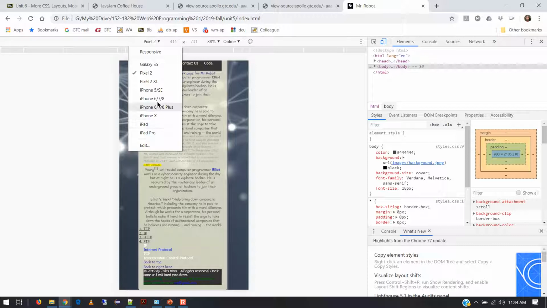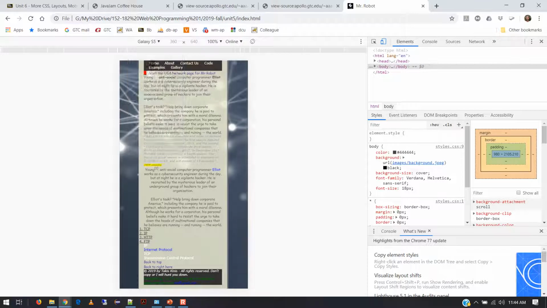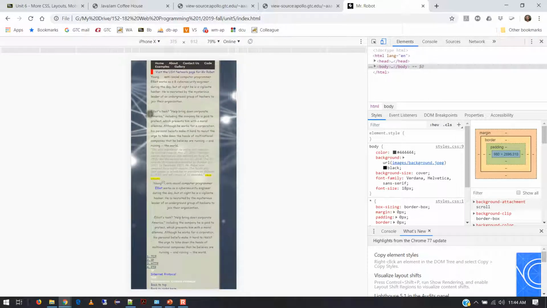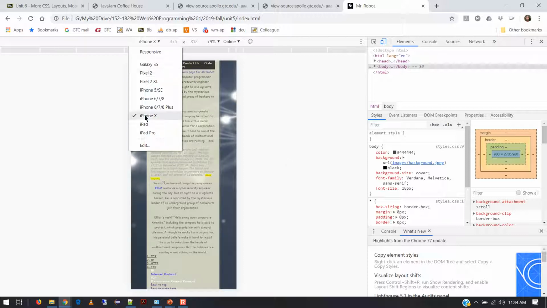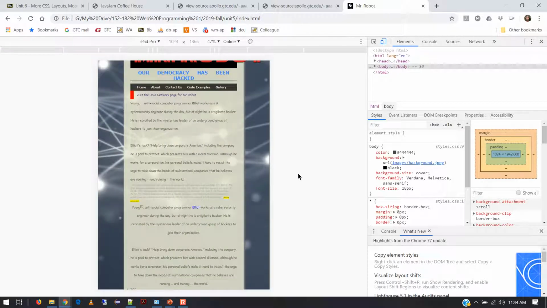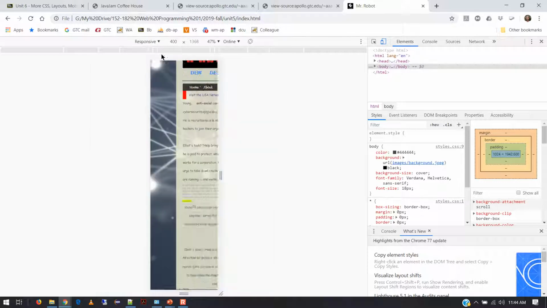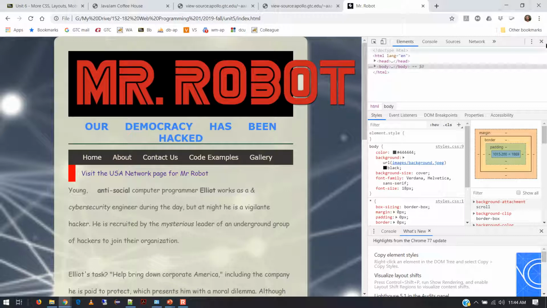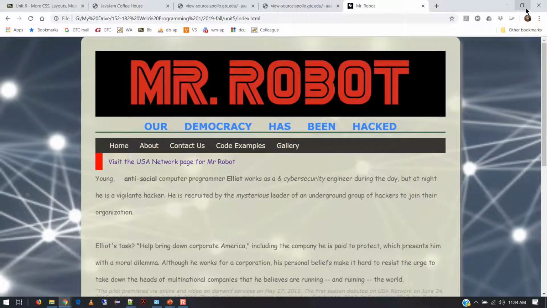Yeah. This is kind of an antiquated list, so I'm a little disappointed with Google Chrome. They got a Galaxy S5, that's great, when I had my S5, I guess. But they do have phone profiles built in here, and supposedly it shows you what it looks like on that device. Now, as far as I'm concerned, I think it's almost not necessary, since you can do this with your browser and it really simulates the same effect,